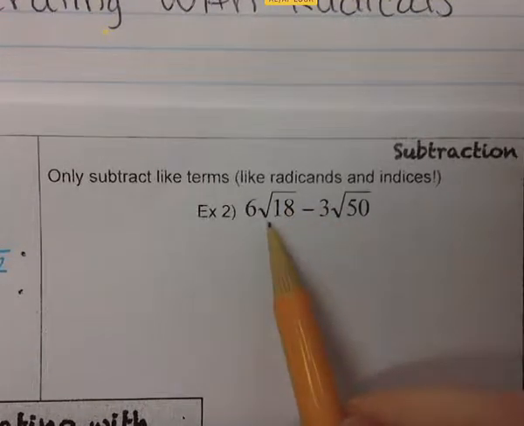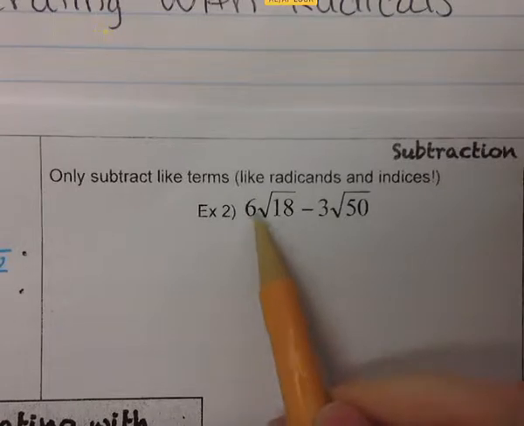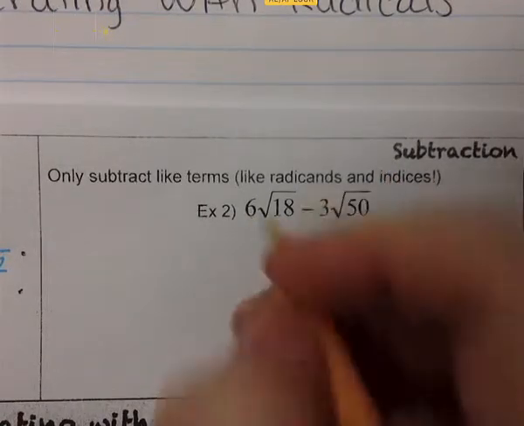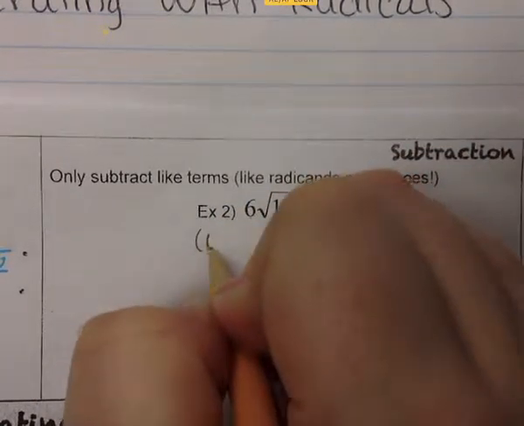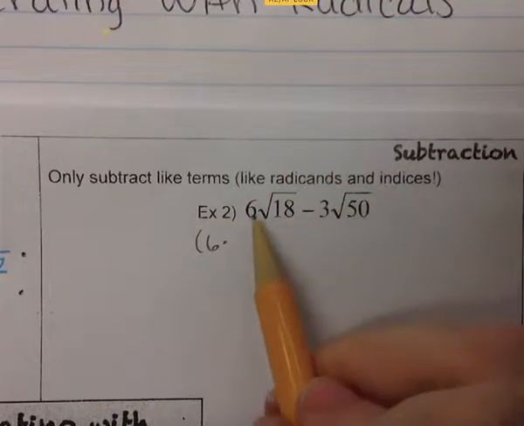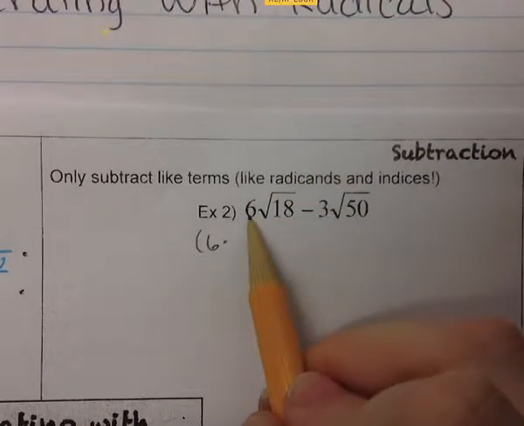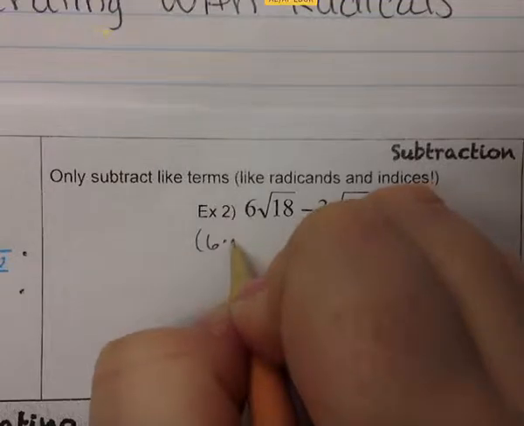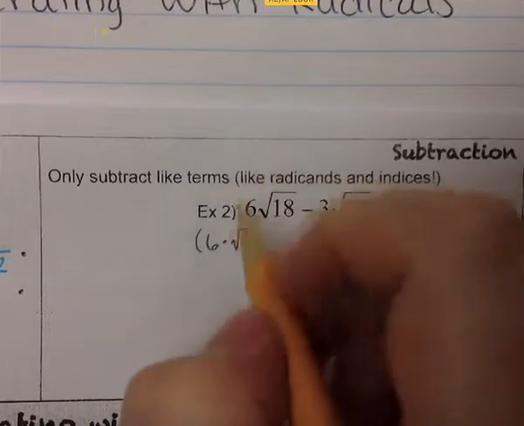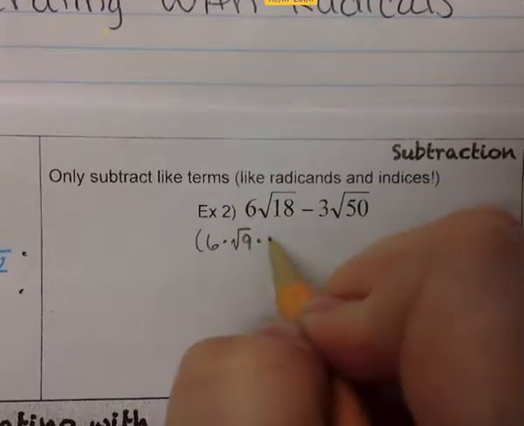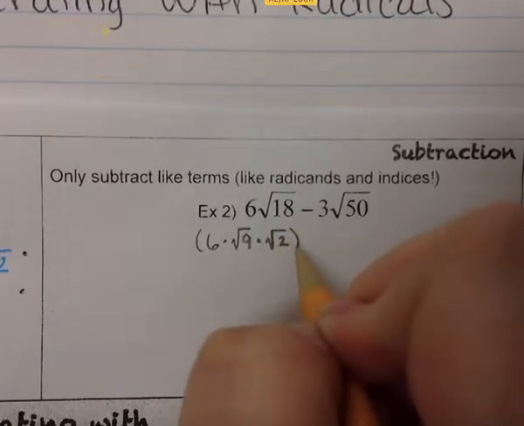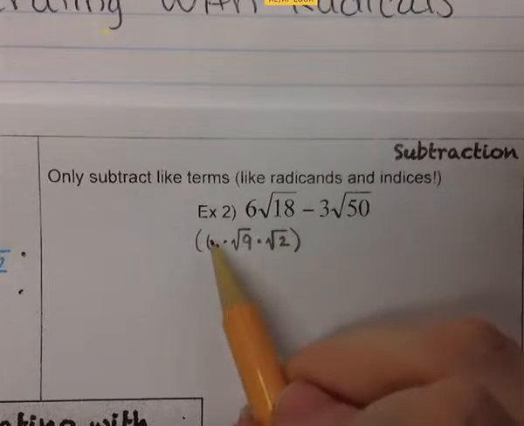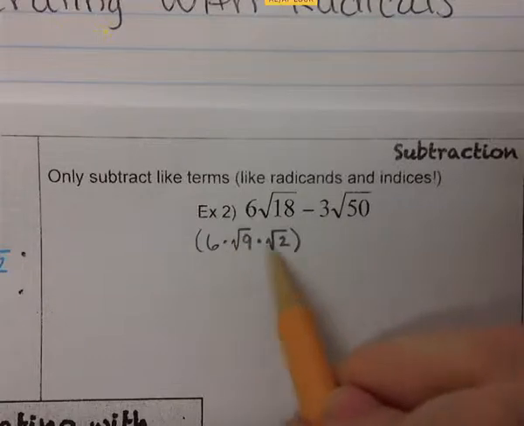So 6 square root of 18, we already have a coefficient, but we still have to simplify the 18. So this becomes 6 times, because that is the original coefficient, the square root of 9 times the square root of 2. So as we see, this is still 6 times the square root of 18, because 18 is 2 times 9,